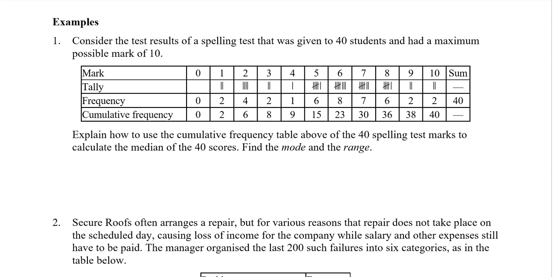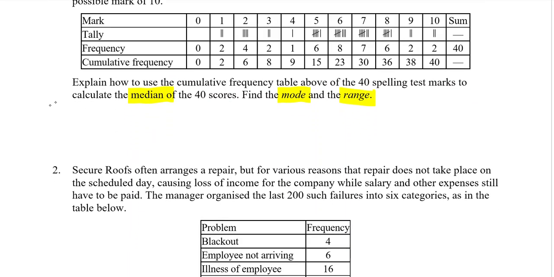Explain how to use the cumulative frequency table above of the 40 spelling test marks to calculate the median and the mode and the range. Okay? So, to find the median, we don't just have a big long list of things that we can cross off beginning and end. We have this big massive table with 40 results in it. So, what you want to do is find the position of the median,